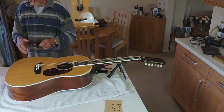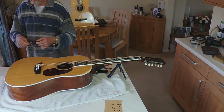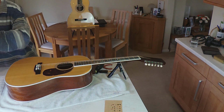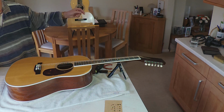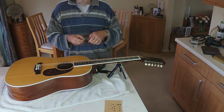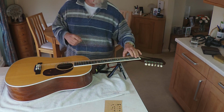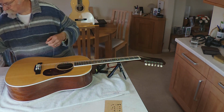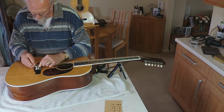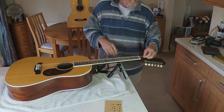I do on occasions polish my guitars, and I use a specific polish which I've mentioned in other videos. Ask me if you need more information on that. And I do on occasions use the same renovating polish, they call it, which has a certain oil content on the fretboards. It is not really necessary. The important thing is never, ever let fluid seep into your fretboard around your frets. That's the worst